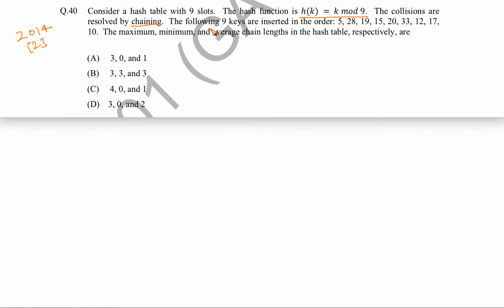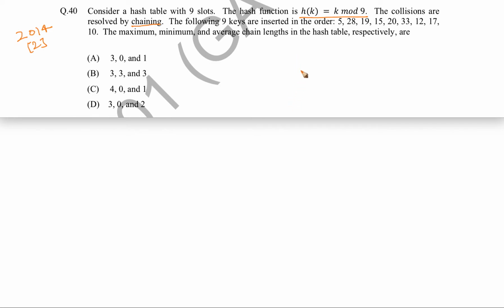The following 9 keys are inserted in the order given. Now we have to find out the maximum, minimum and average chain lengths in this hash table as per this hash function. If we insert 9 keys, then what is going to be the maximum, minimum and average chain length? Since the hash function is k mod 9,